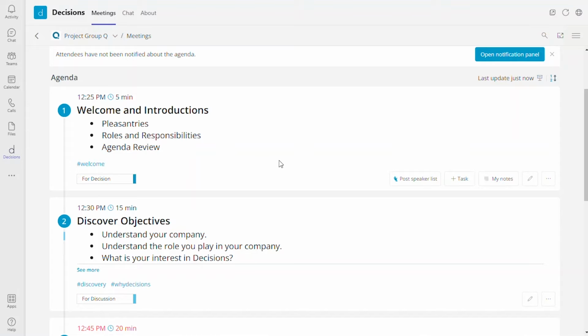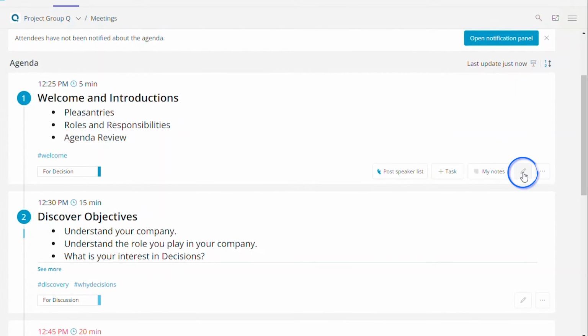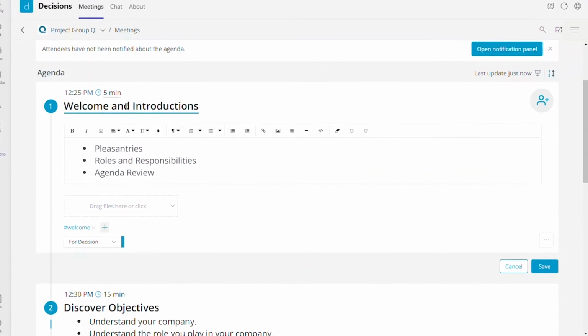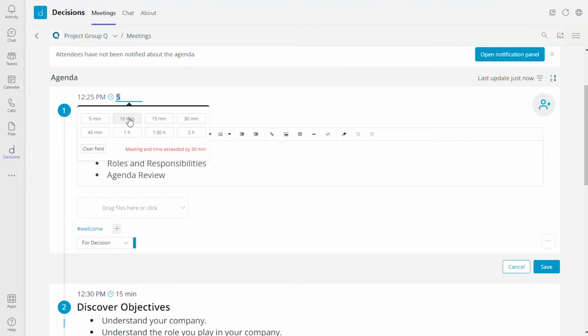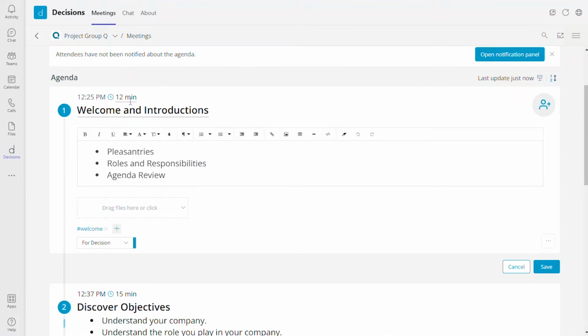So for me as the organizer, I can look through this and I can actually make changes to any agenda item that I want to. So if I click my little edit pencil here, I can designate maybe I want to talk for 12 minutes on agenda item number 1. That agenda item time is actually going to track along the left side in the form of a little blue bar. And once we reach 1 minute to go on a corresponding agenda item, the blue bar will actually turn from blue to red, letting you know there's 1 minute left.